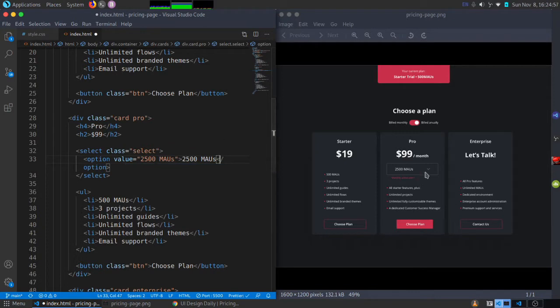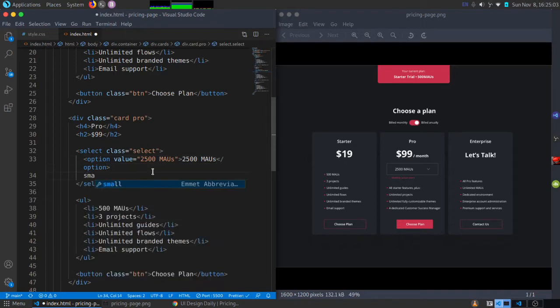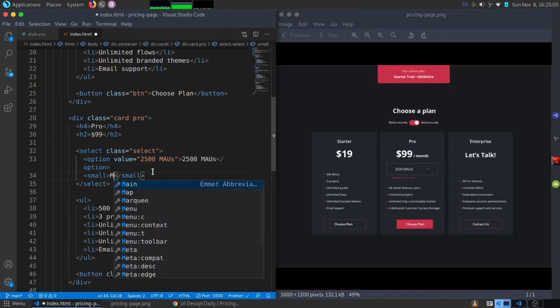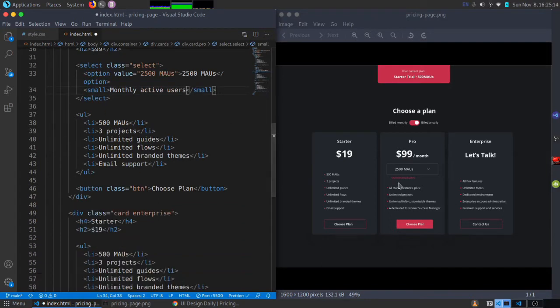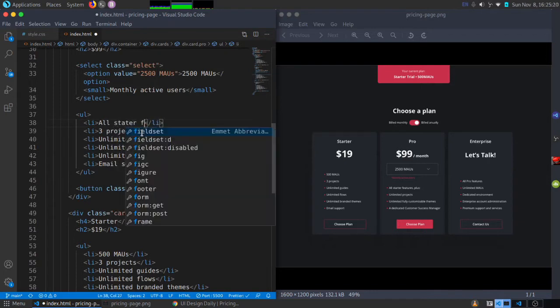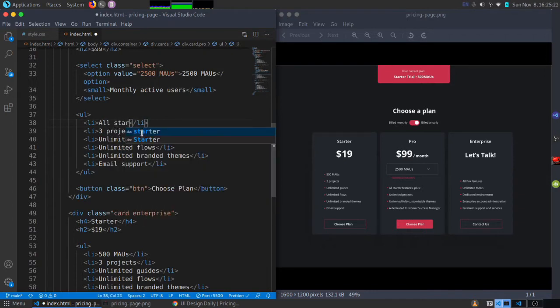Now because you can see these other ones, there's no need to add other options, so we're just going to leave it at that. But we're also going to add a small tag here that says monthly active users, and then below, now for the list, we're going to say all starter features. What am I writing? All starter features, and then we're going to say